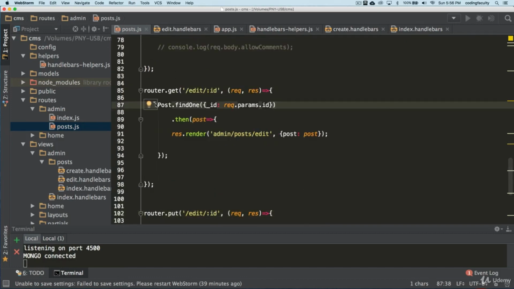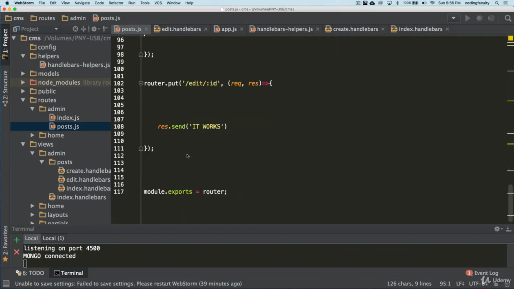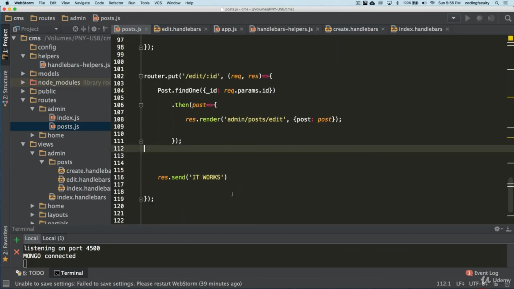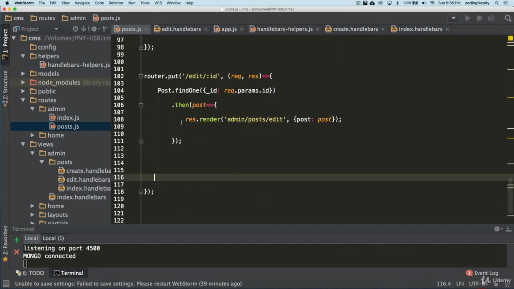I'm going to take it from this get request here in the edit page, and I'm just going to paste it in here because we're going to use the same thing. Okay. So once I find that post, I have the post right here.